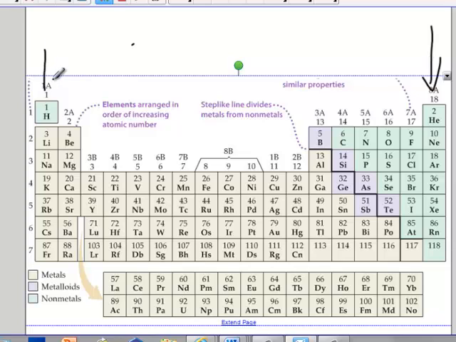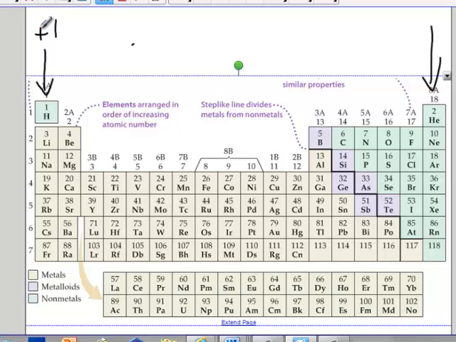So the alkali metals over here, in order for them to be like a noble gas, all they have to do is lose 1 electron. So if they lose 1 electron, they all have a +1 charge. So all of these guys, the ion they most want to make is positive 1. That's why they stick the hydrogen there, even though it's a nonmetal and not really an alkali metal. It's because it wants to be a plus 1 charge. 99 times out of 100, hydrogen as an ion will be a plus 1 charge. And all of these guys, lithium, sodium, potassium, rubidium, cesium, francium, when they're ions, they're going to be a plus